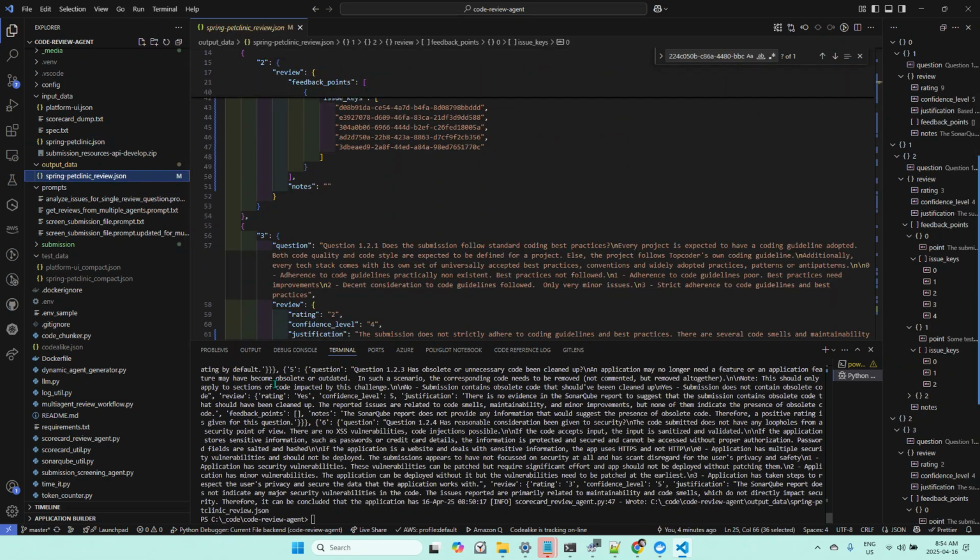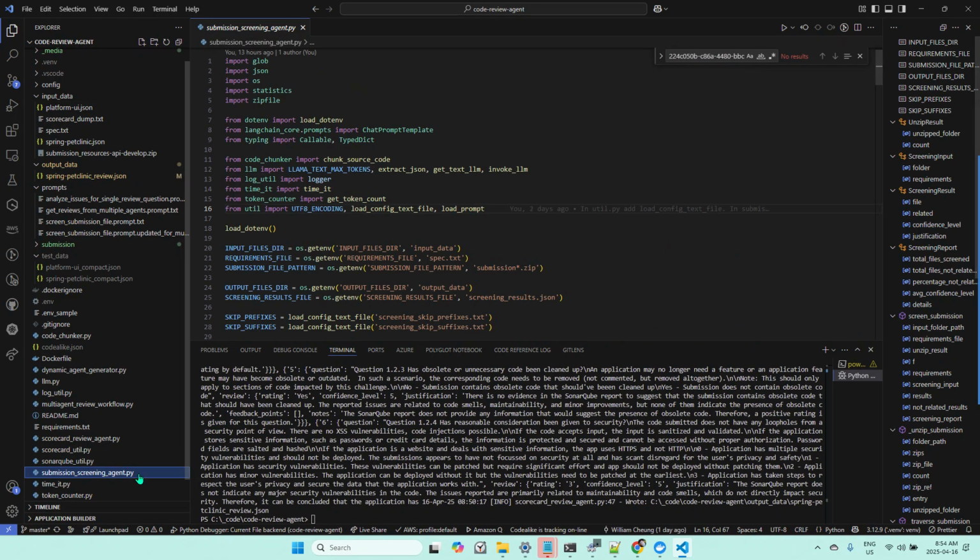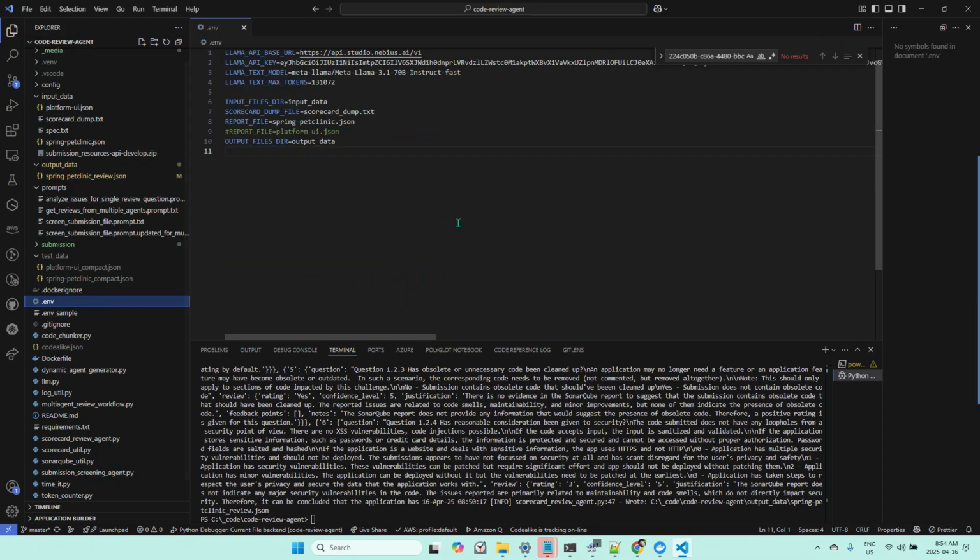Right. So next I'll demo the submission screening agent. This agent takes a submission zip file in the input data folder, and it takes a spec. And you specify the actual file you want to use in the .env as well. So you see the scorecard dump file is scorecard dump.txt, and there's an environment variable for the spec, which I